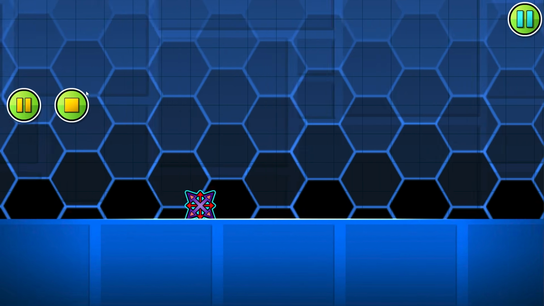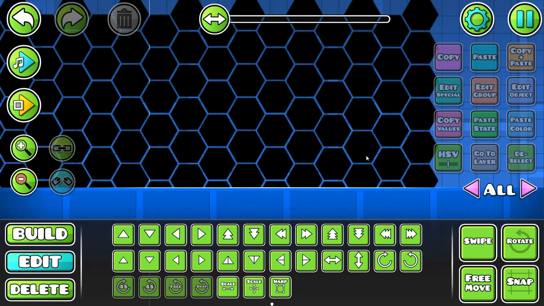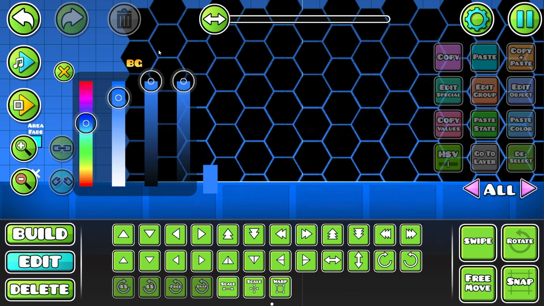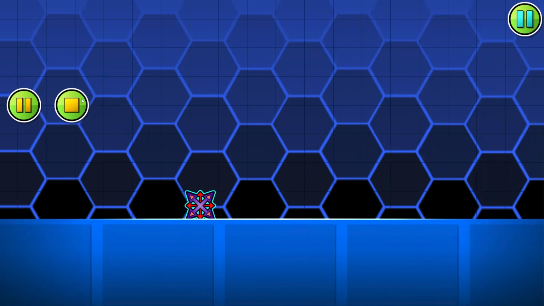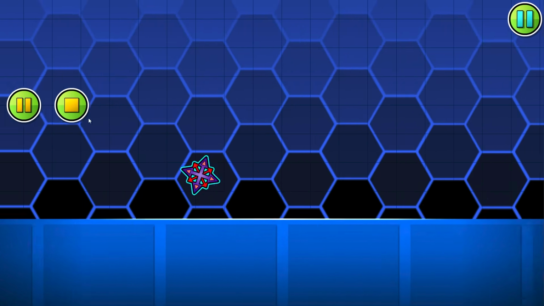Looks really cool. And you guys can see that it doesn't look that cool because the background in the back is still visible, and to change that you can simply change the background over here to a more solid one, or actually let's do a gradient one. Wait, wasn't there a complete gradient background? I don't really know. I'm just going to use this one because it still should feel pretty cool, so we're going to do something like that. And now you guys can see that this looks very cool, and this is only 100